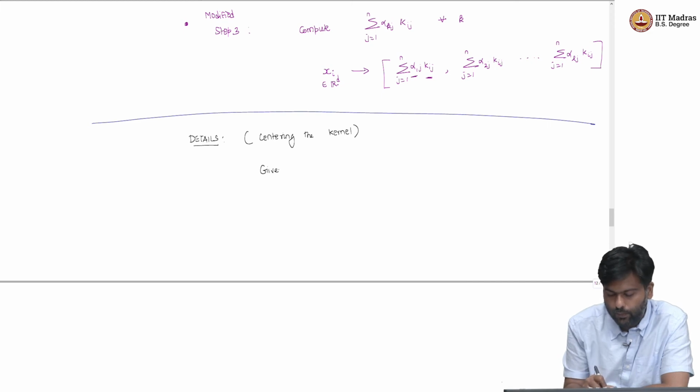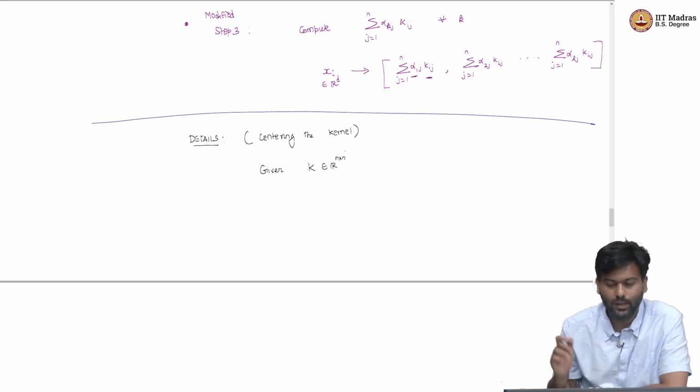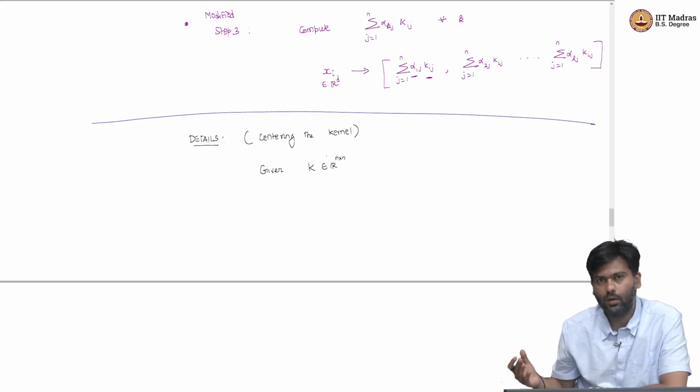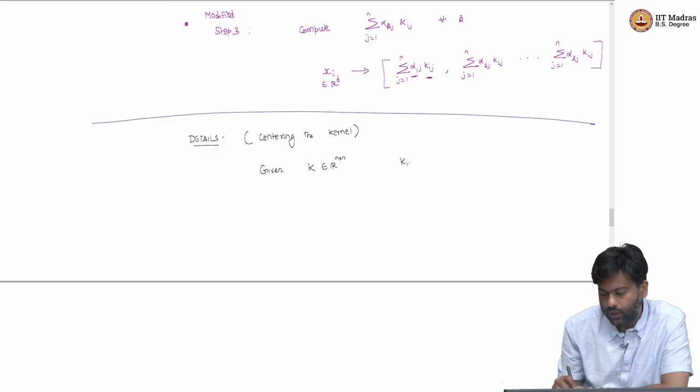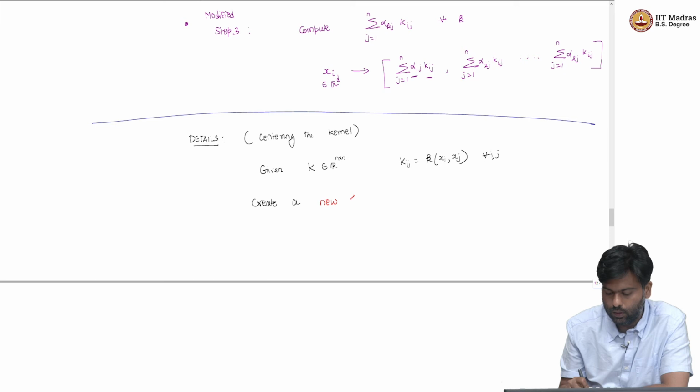So, given a kernel matrix K which is n cross n, I give you a kernel function from which you create a kernel matrix K for the data set that you have. So, you have n points in your data set. The kernel matrix is an n cross n matrix where Kij is just your kernel evaluated at xi and xj for all i, j. Now, you want to create a new kernel, let us call this Kc, C for centered,